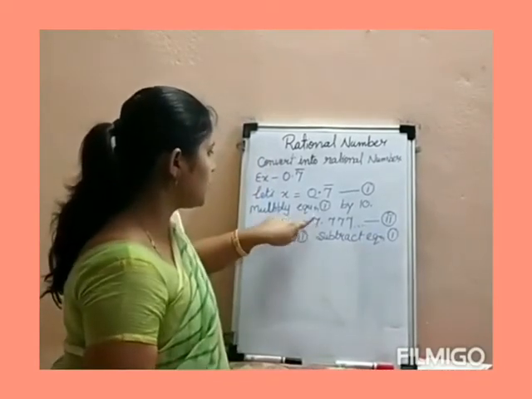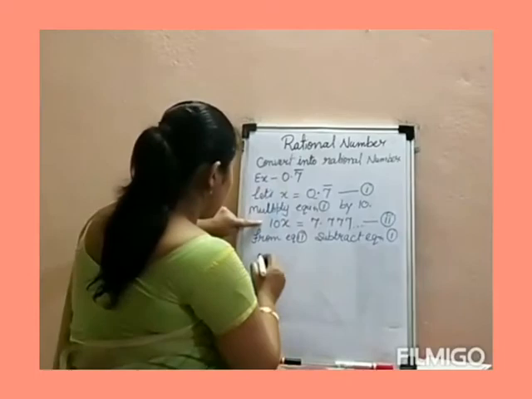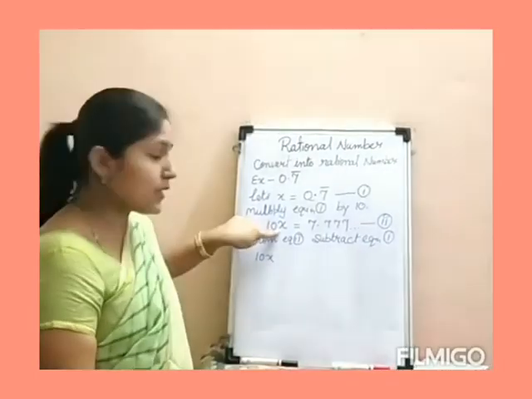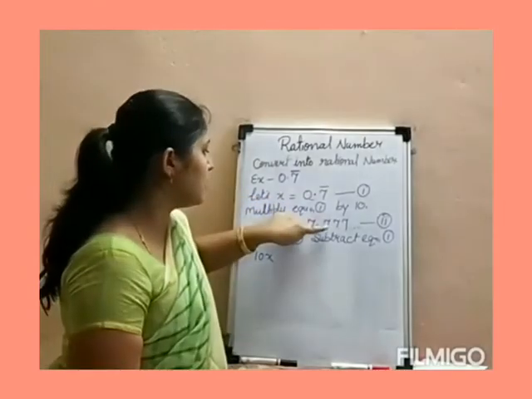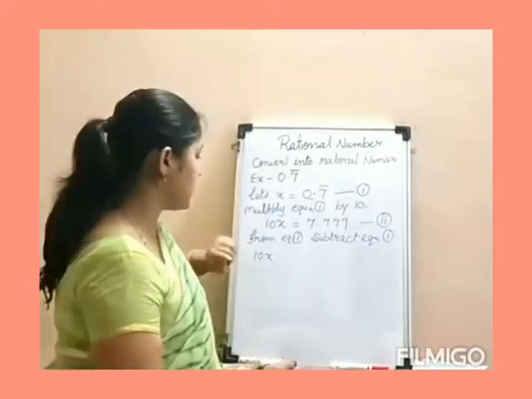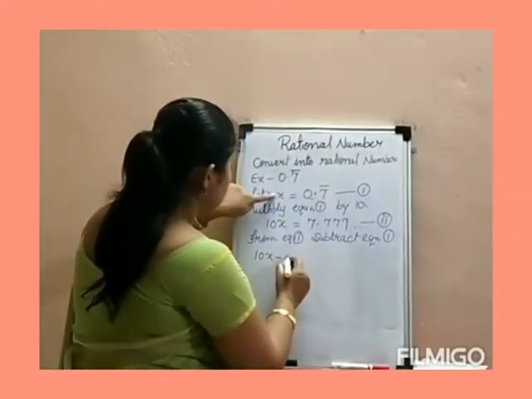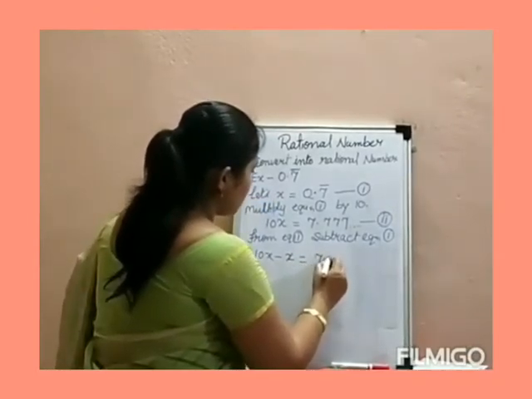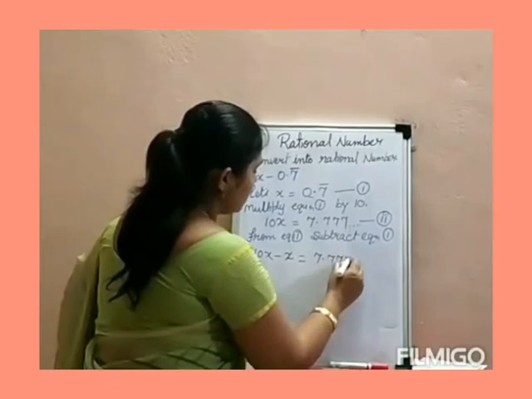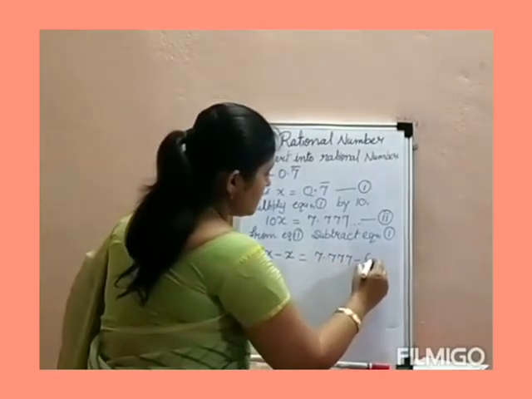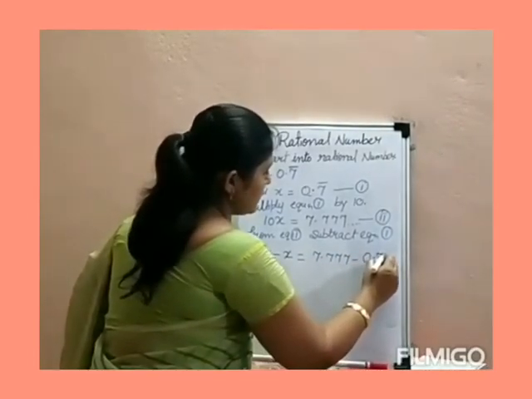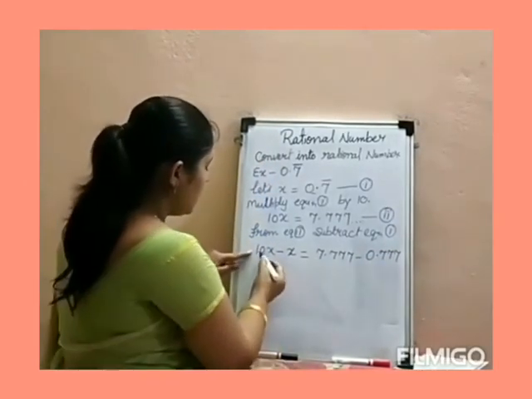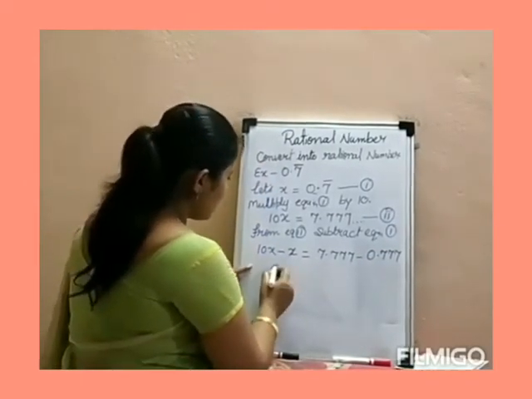From equation 2, subtract equation 1. So 10x. Left side will be subtracted by left side and right side will be subtracted by right side. 10x minus x is equals to 7.777 minus 0.777. The answer will be 10x minus x is equals to 9x,